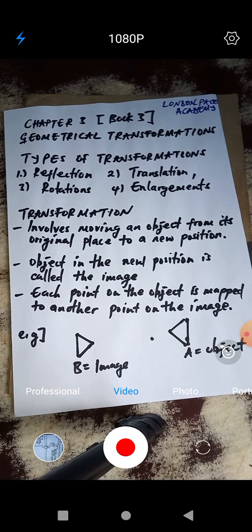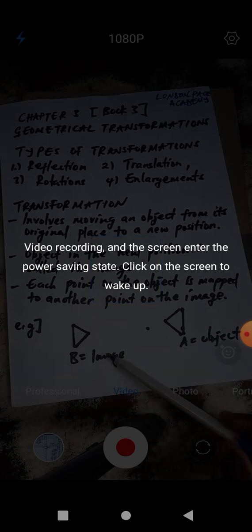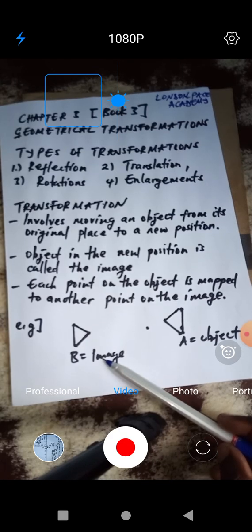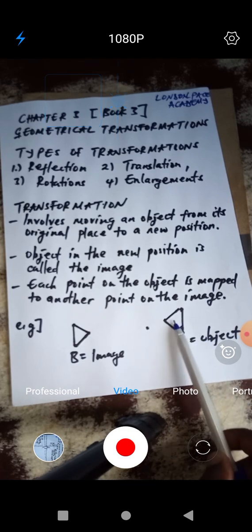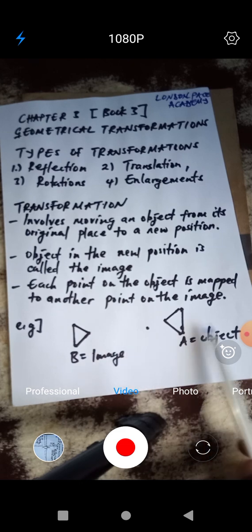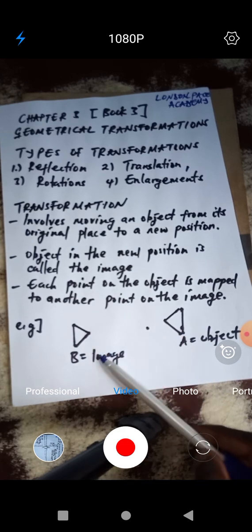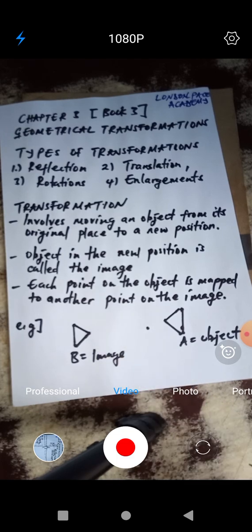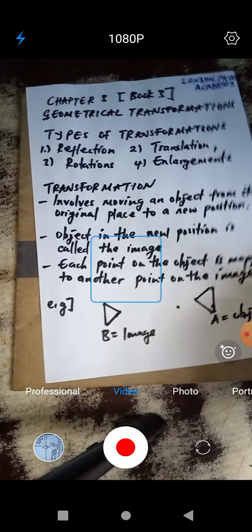So, for example, P is our image, and A is an object. Our A is mapped into B by a certain transformation, which we don't know. But we are assuming that these two shapes are the same. We'll move on to